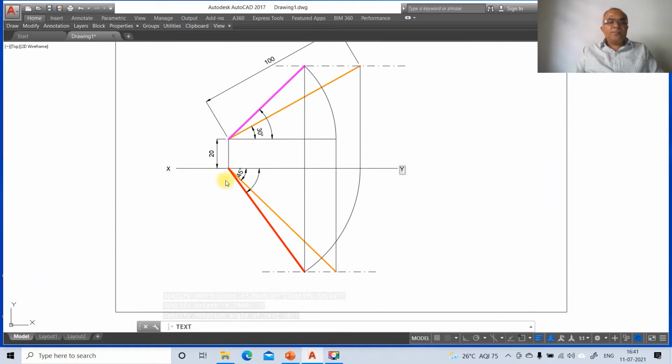You type XY and you mark VP and you mark HP, and then here you mark it as capital A, and here you mark it as capital A, and here you mark it as capital B, and here you type locus of B, and here also you mark it as capital B, and then you say locus of B.